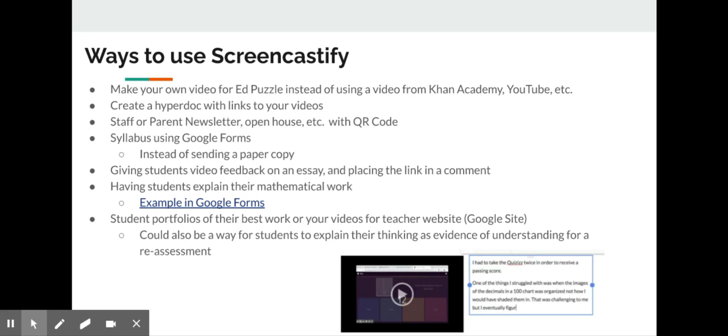So I'd already talked about this. In Edpuzzle, you can use YouTube links, you can use Khan Academy links. Edpuzzle has their own videos, but if you want to make your own lesson and insert questions and put it into Edpuzzle, that's a reason you'd use Screencastify. Last year I didn't do that. I just gave students my videos. But if you want to ensure that they're watching them and you want to place questions in them,